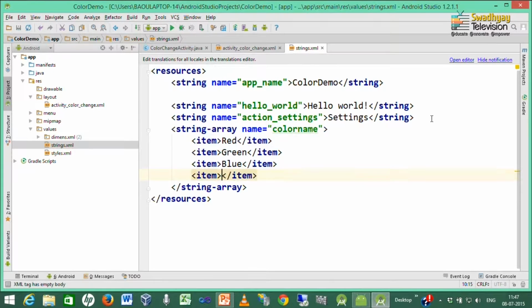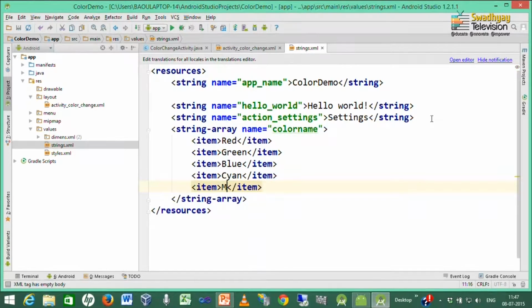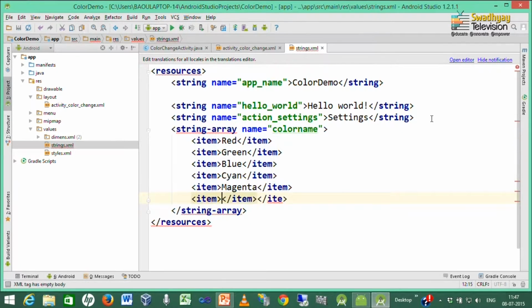So, I am creating just different items. So, we create different color names inside the string array.